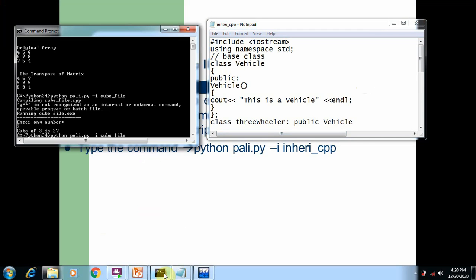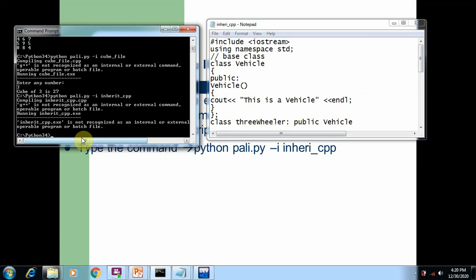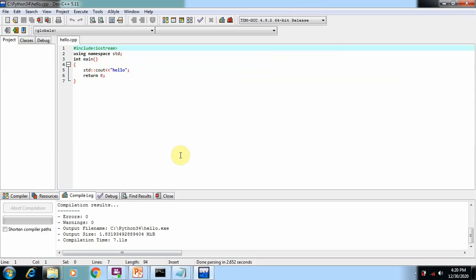So here in the command prompt I'm going to run the same file, that is inherit underscore cpp. We use the same file, the pally python file. It shows some error while compiling, inheriting, and running the inheritance file. Inherit.exe is not recognized. So go to the compiler